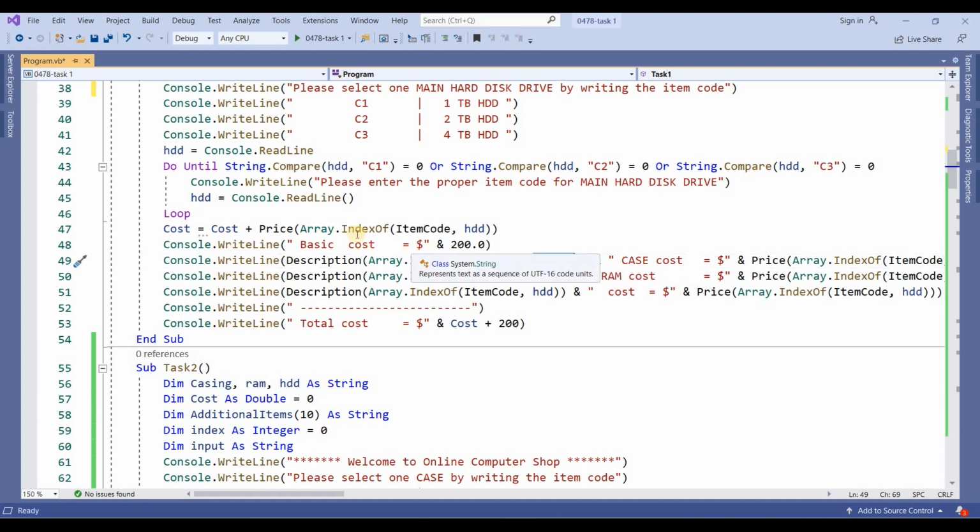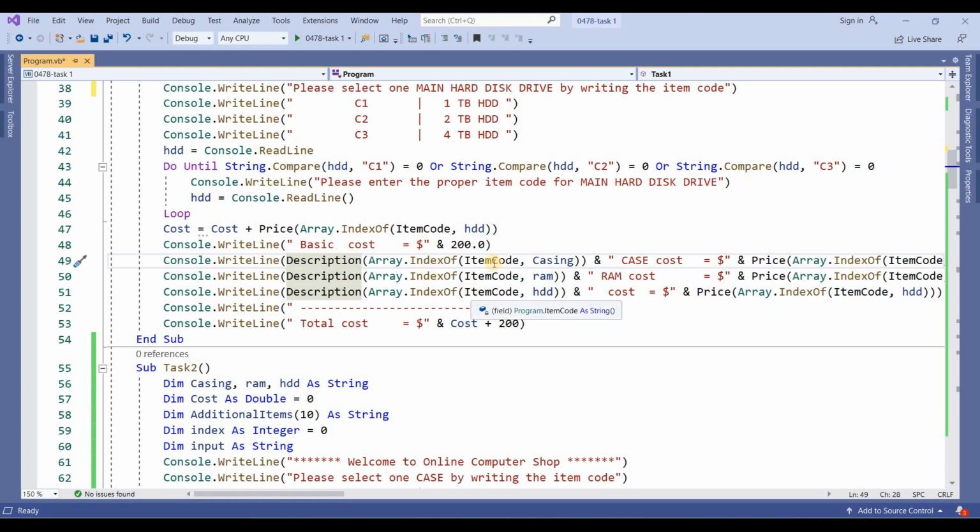Same logic I have used here. First you will find the index from the item code that is in the casing variable, and then you will find the values at that index in the description.